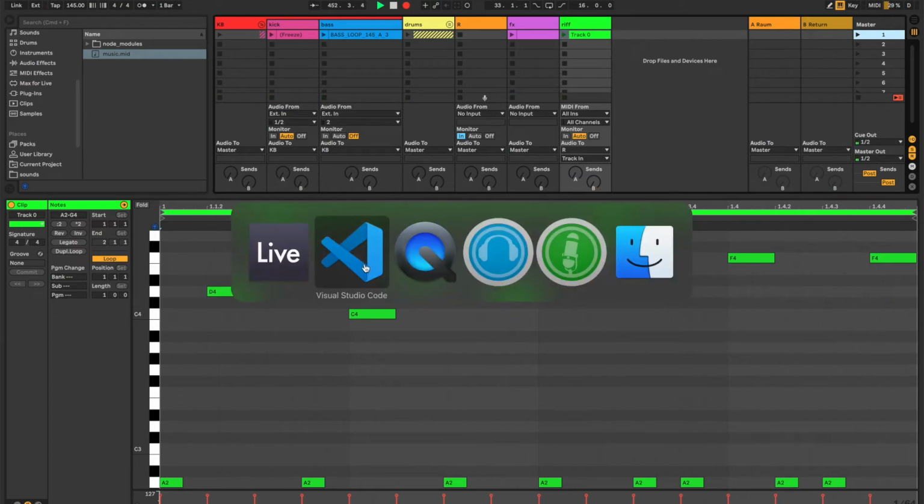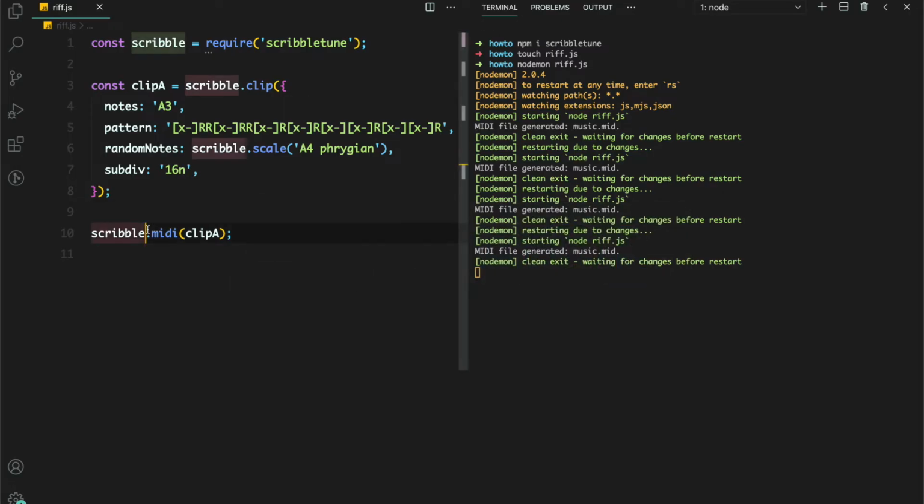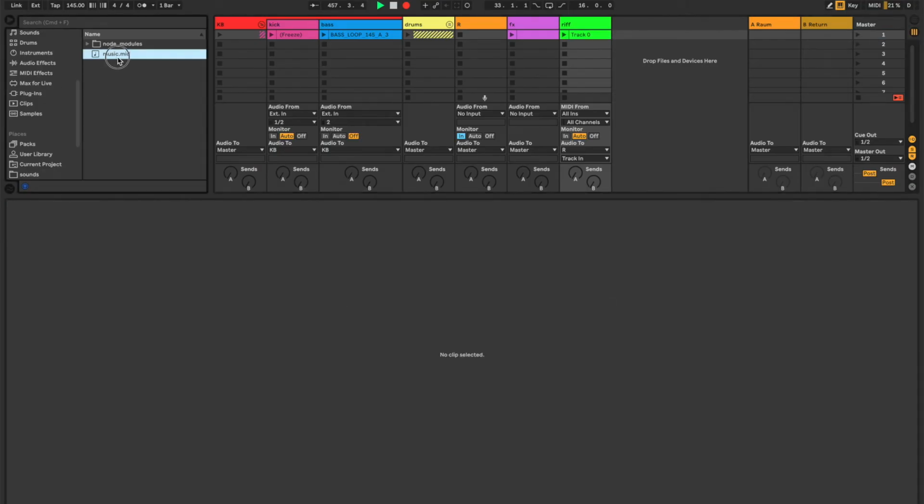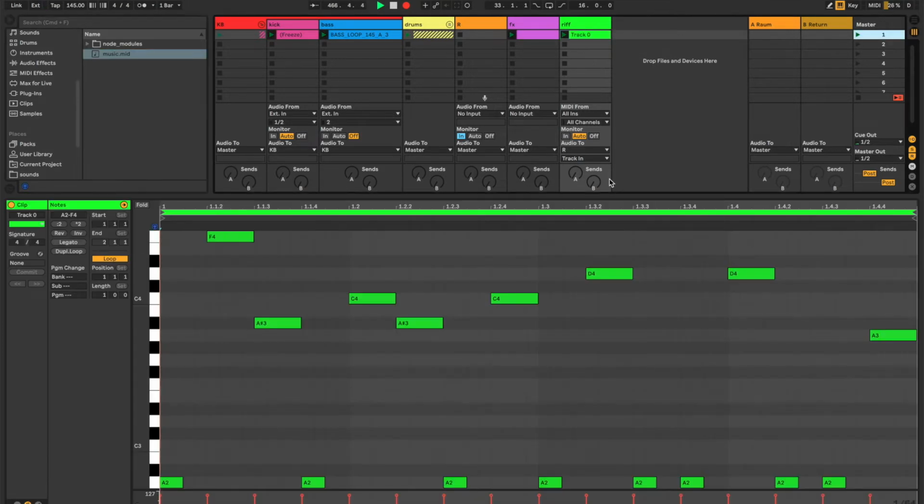So I'm not so fond of that. All I need to do is just hit save over here so that it can generate a new music.mid file, excuse me for that, and then pull that in. Okay, so this one is not that bad, but what I would like to do is